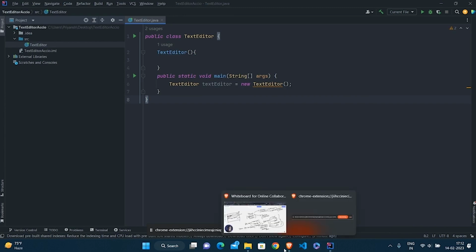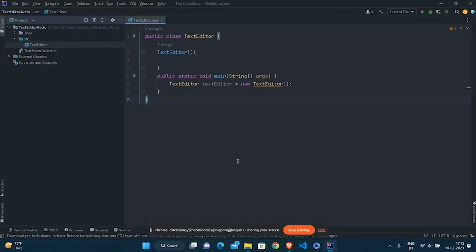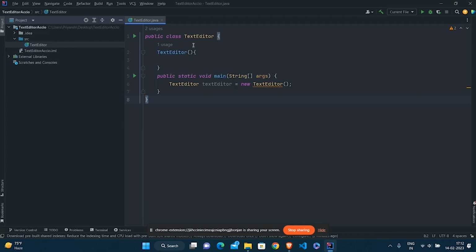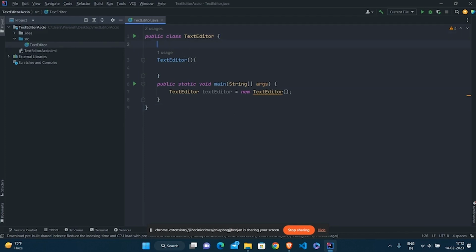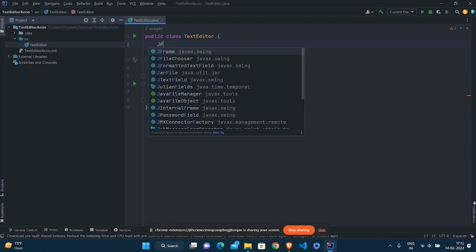So the first thing we need here, as we discussed in the design, is the JFrame to create a simple application window, right? We need an application window to show the application. So what was the class that we wanted to use for this? That is the JFrame. So this is the JFrame class we are going to use. I'm going to call it JFrame.